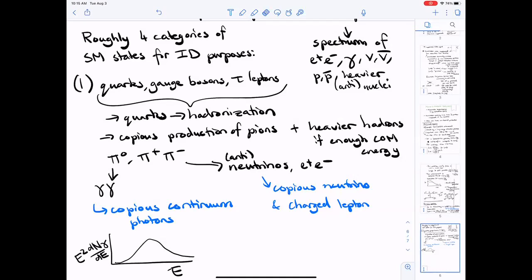It matters in detail. The shape of the spectrum will be different. If you have a particular signal that you're looking at, then you may be able to figure out which final state you went through by looking at the detailed shape of the energy spectrum. But as a first approximation for figuring out how strong your constraints are going to be, they're probably going to be fairly similar for all of these channels. Okay.